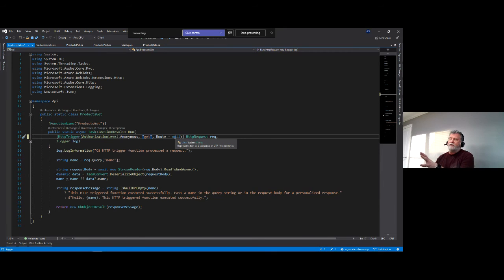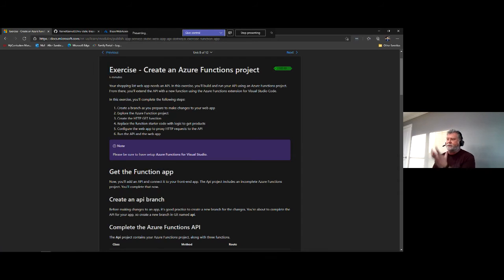We're only going to want it to support GET. And right now, the route is null, which means it's going to use this as the route. Well, we don't want to use this as the route. We want to stay consistent, so we can change this to products and then code our function logic. Right now, it just displays a status message. In the exercise here,